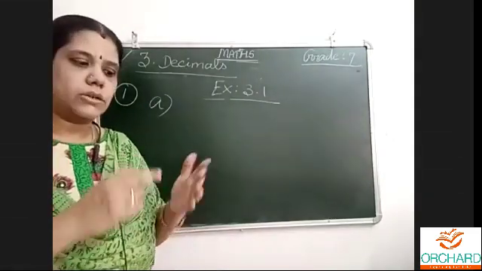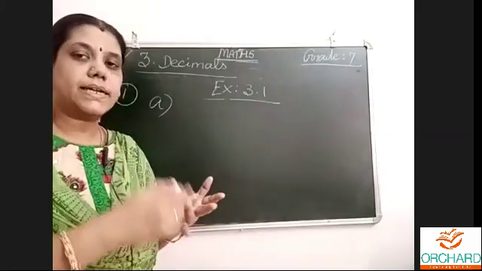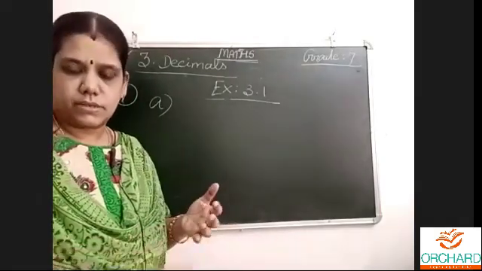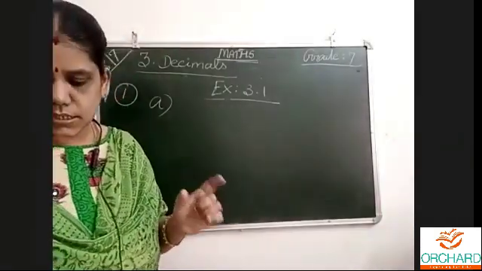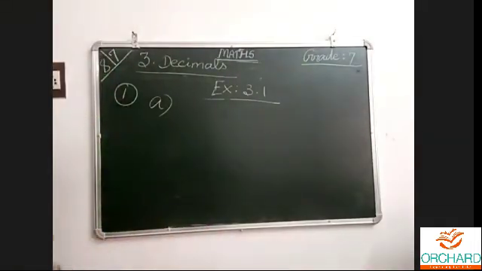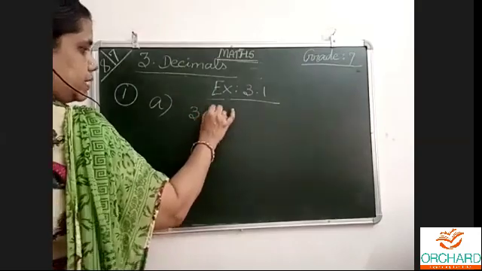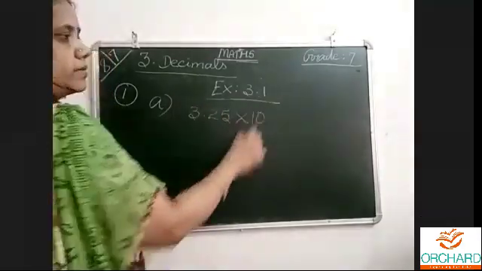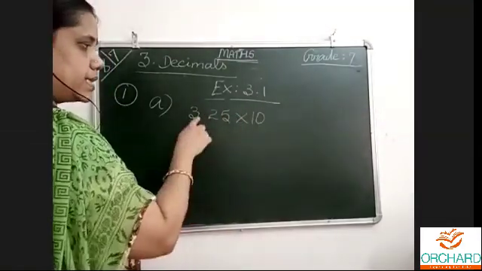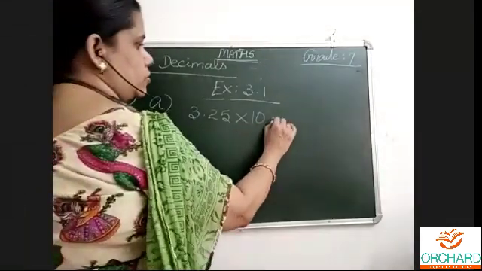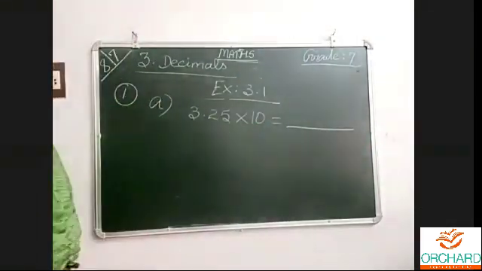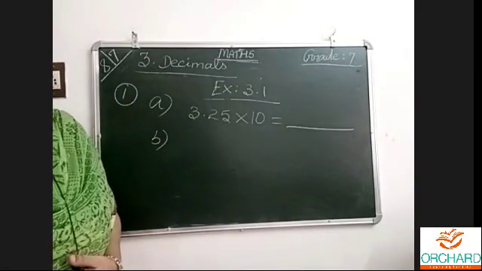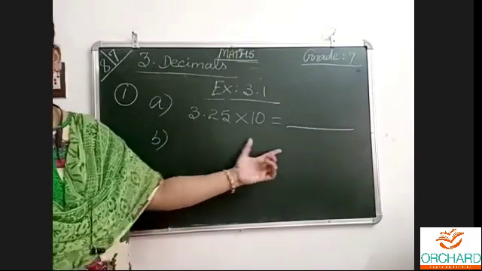Whenever we say times, 2 times means multiply by 2, 5 times multiply by 5. 10 times means we need to multiply that many times. So 10 times as large as 3.25, which means 3.25 is the question. I won't write the question, it is given in the textbook. So 10 times as large as this number is equal to what? Now you type the answer.